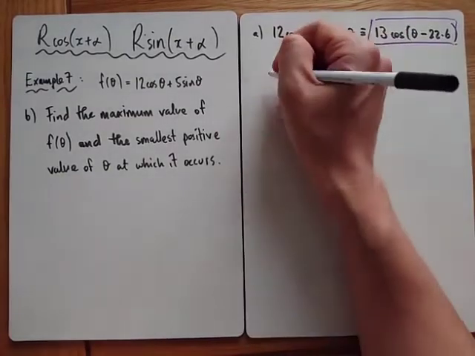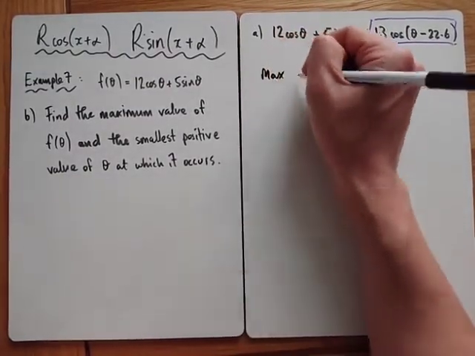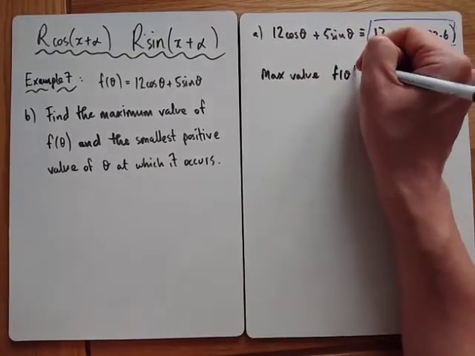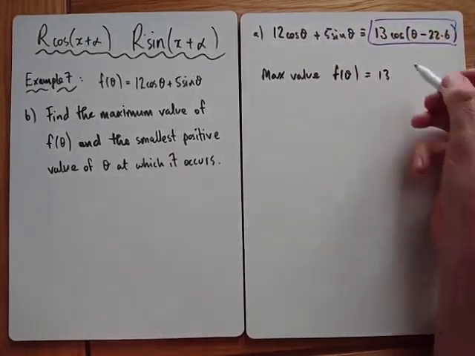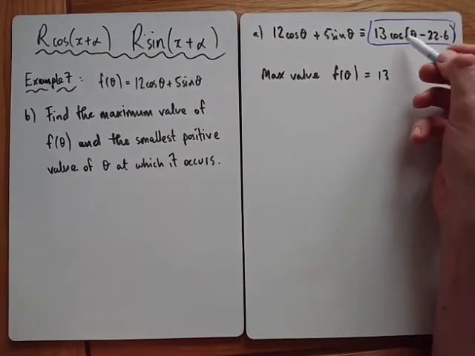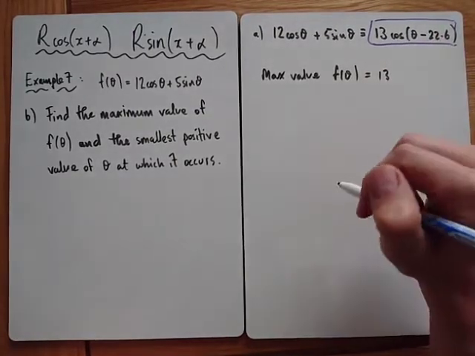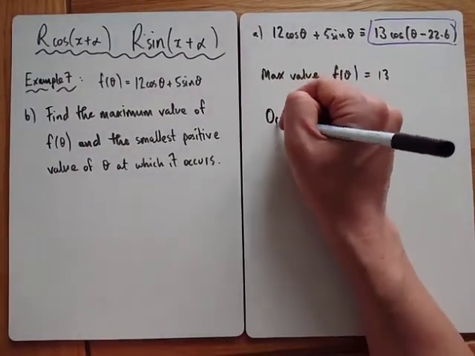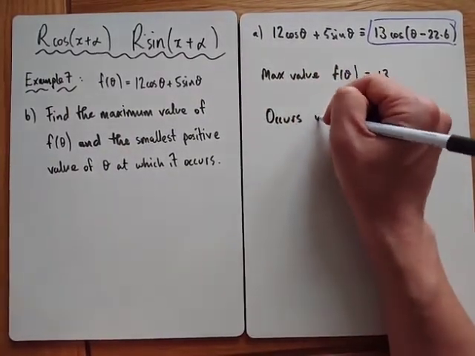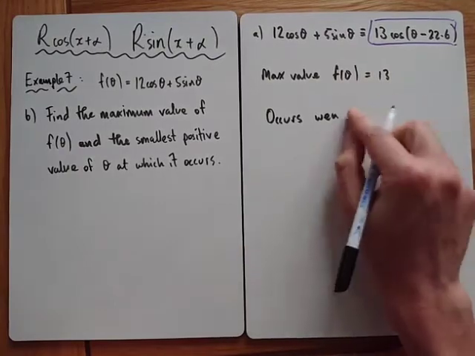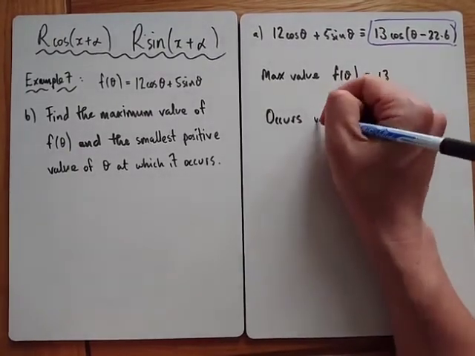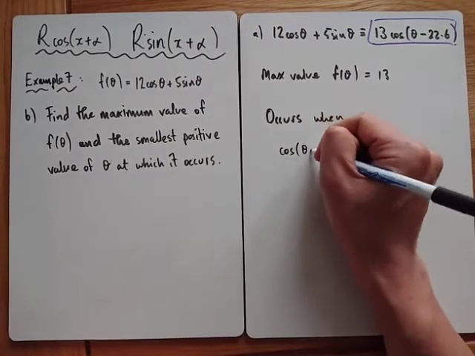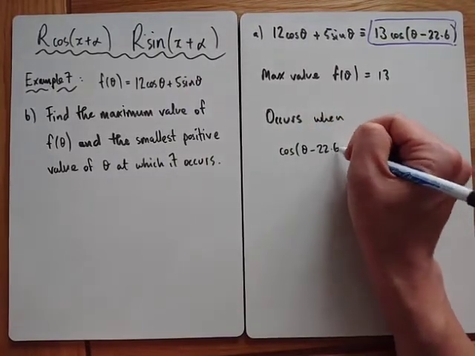Okay, so I could just state the max value of f of theta is clearly just 13. They'd expect you to understand that. The maximum value of cos is 1, so if you times it by 13, the maximum value is 13. When does it occur? So this occurs when cos of theta minus 22.6